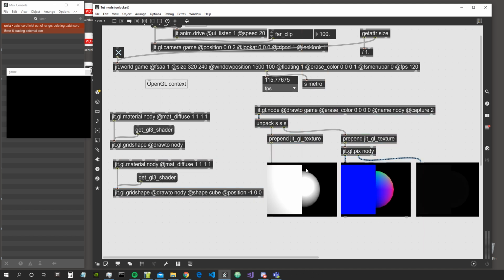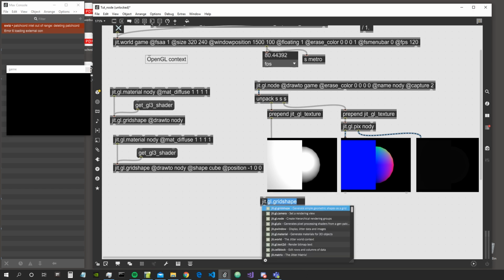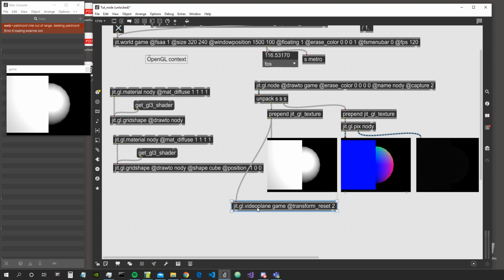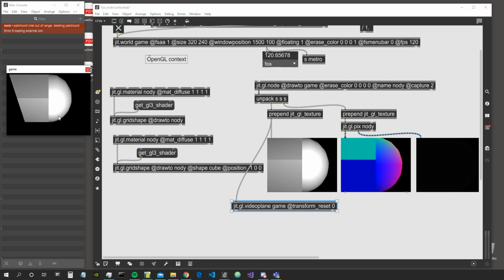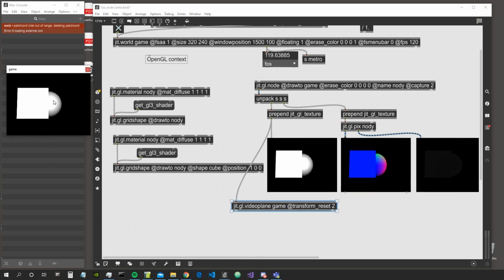Okay, so now that we got this scene, what if we want to render it back to the rendering window? Well, we can simply use a GGL video plane, which draws actually to game, not to Node, because this object needs to be drawn to the final context. And then we give it transform reset 2, which means it's going to cover the whole space of the screen. So if we give it transform reset 0, which is by default, this is just going to be a square, right, in the world. But if we give it transform reset 2, this is going to cover the whole world,